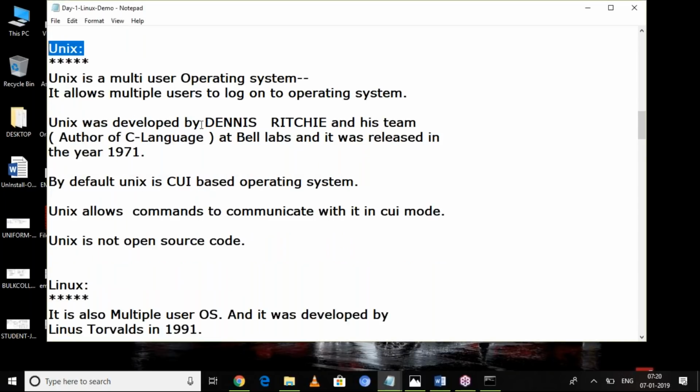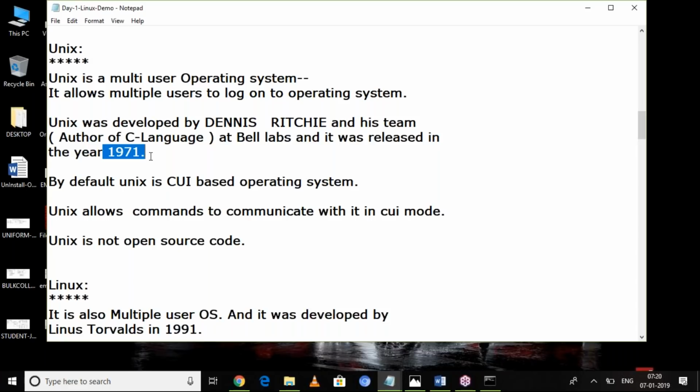The author of the UNIX operating system is Dennis Ritchie and his team. I think most people know about Dennis Ritchie. He is a famous author who developed the C language. And the UNIX operating system was developed in late 1971.